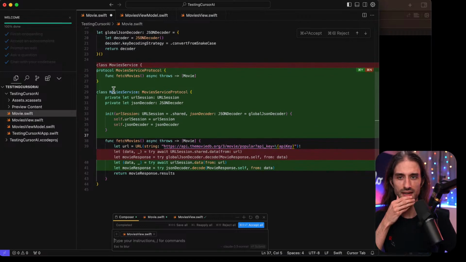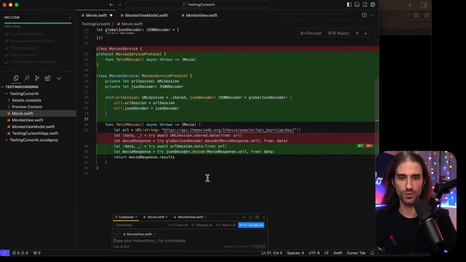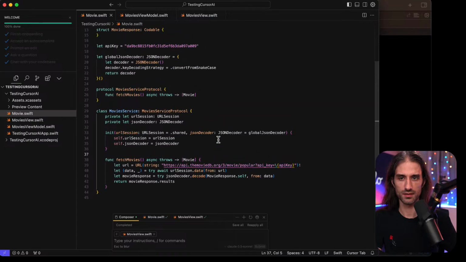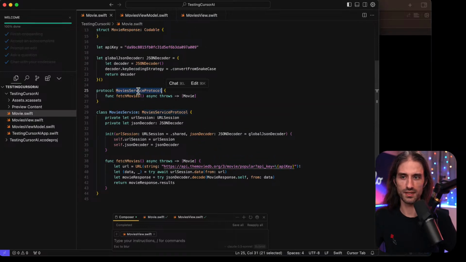We're still at the file level, but it did a protocol, movie service protocol, and then the class implements the protocol. What's interesting is that it also allowed to inject the URL session and the JSON decoder. So it went all the way. That's pretty nice. That's great here.